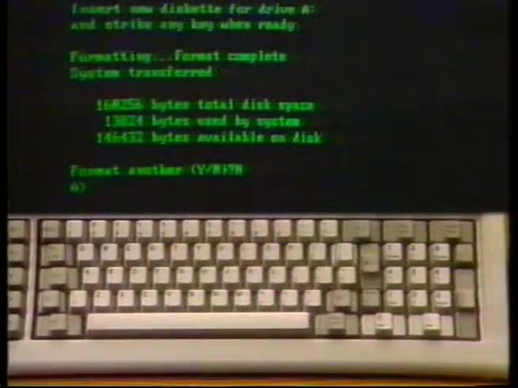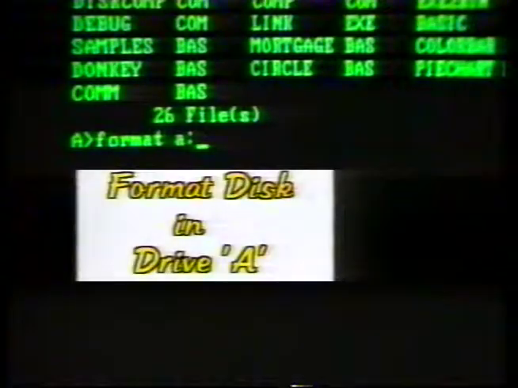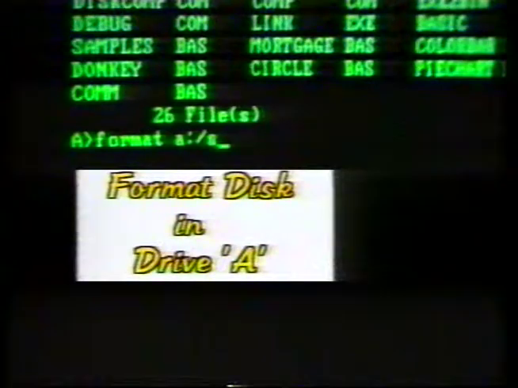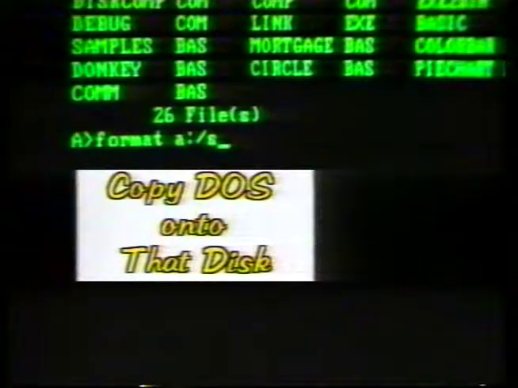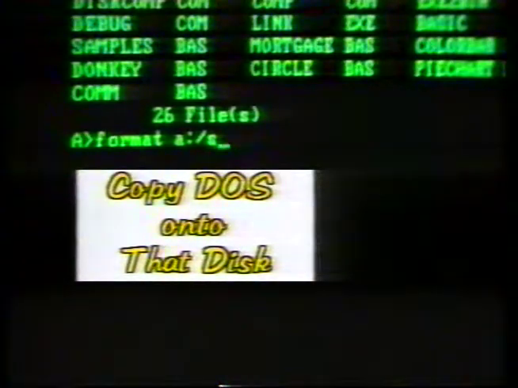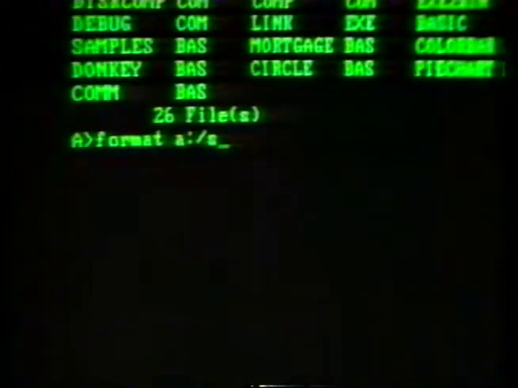When you typed in the format command, you also told the program to do 3 other things. After the word format, you type A, colon. This told the program to format a disk on drive A. Then you typed a / sign and the letter S. This told the program that you wish to have the DOS information on that new disk so that it could be a start disk. If you didn't want DOS on that disk, for example, if you only wanted to use that disk to hold files and needed the space DOS uses, you could have left the / S